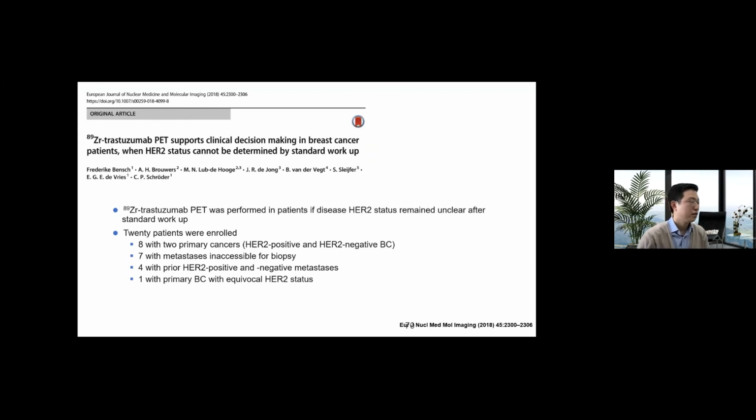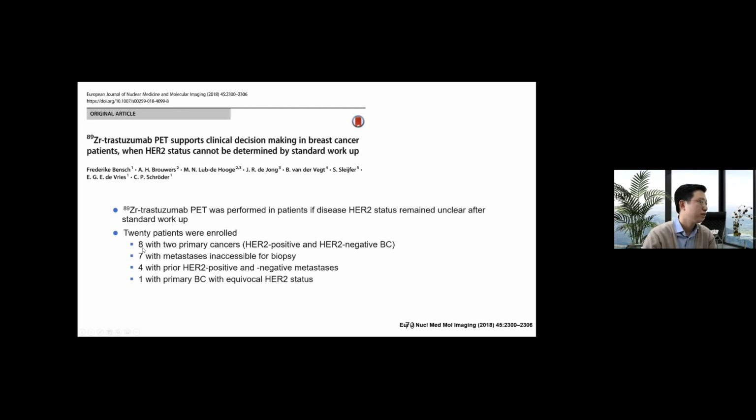And this one is a more recent paper showing the clinical benefit of the HER2 PET. In this case, it's a mixed population. The first study was initially HER2 positive, and the second study was initially HER2 negative. And this study included patients who are difficult to classify according to HER2 expression because